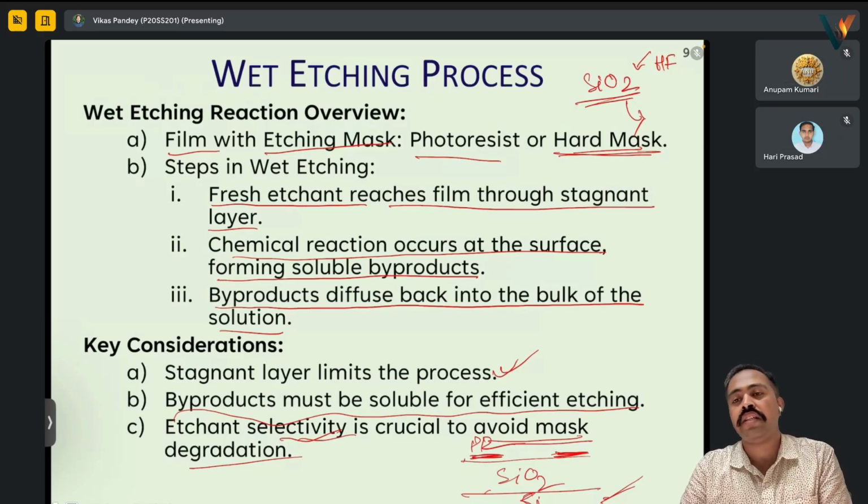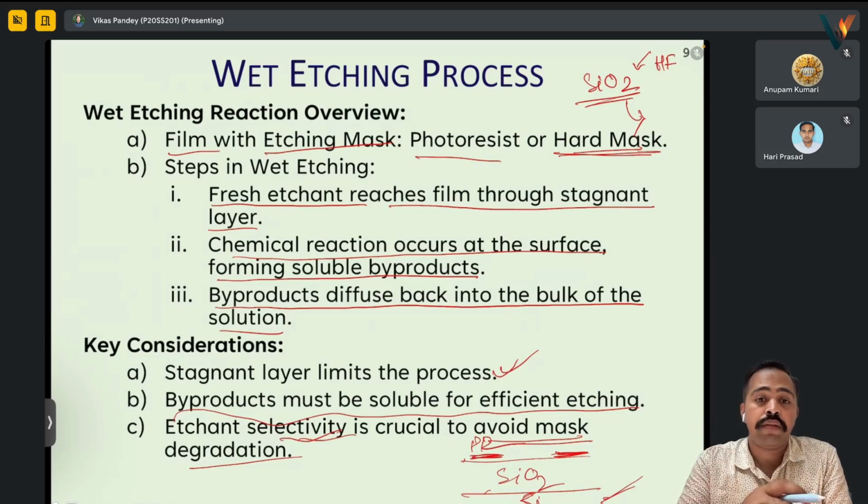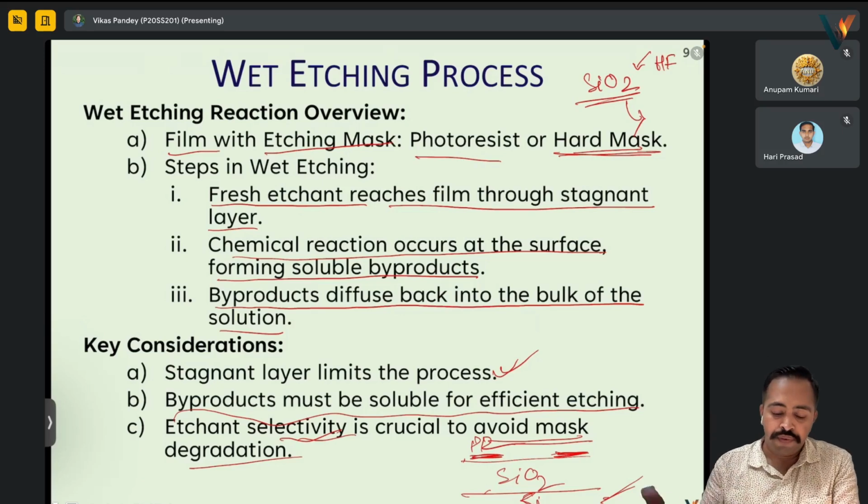Although we are generally saying that it should be less selective for the mask and the substrate, we are generally talking about the mask, that it should avoid mask degradation, but equally it should not disturb or destroy or etch out our substrate. So